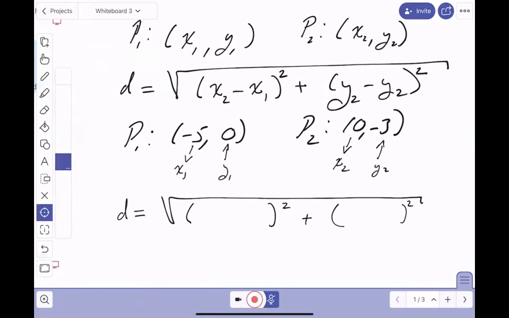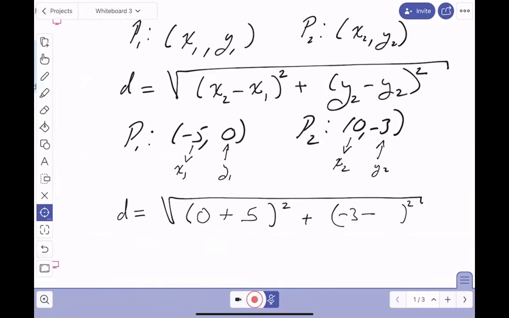Let me point this out to you. X2, which is 0, minus, let's write this down, X1. X1 is -5. So what do you get? 0 minus a -5. What's that going to be? 0 plus 5. Let's do the next one. And mistakes can happen. Y2. What's Y2? It's -3. Let me write that down. Minus,